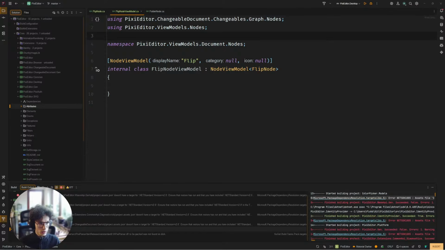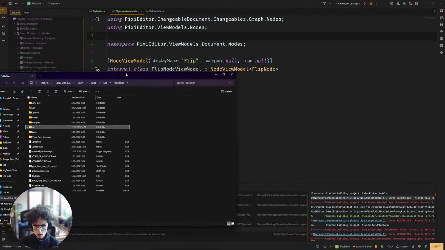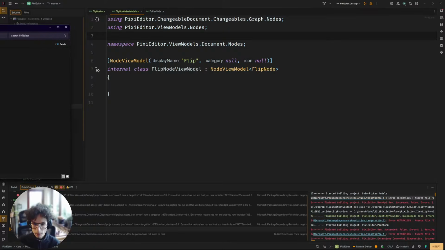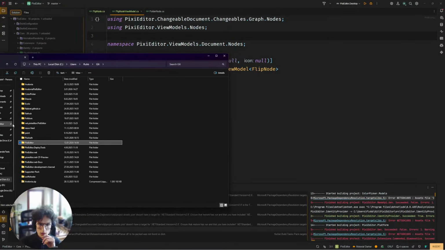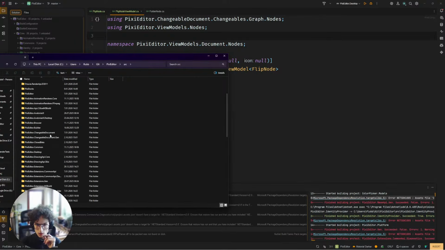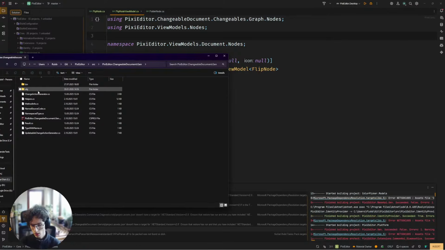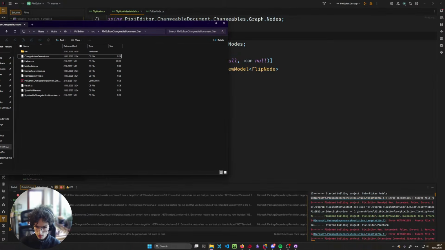So I'm gonna open it in the Explorer. Oh, you cannot see it, but it's fine. I'm just gonna delete some stuff. So it's changeable document.gen, PixiEditor, src, changeable document.gen. Okay, let's remove the object. And now